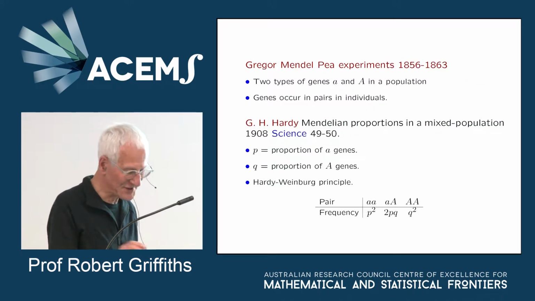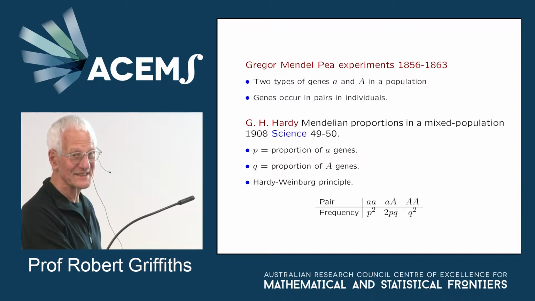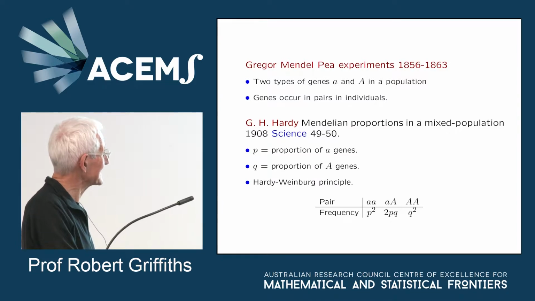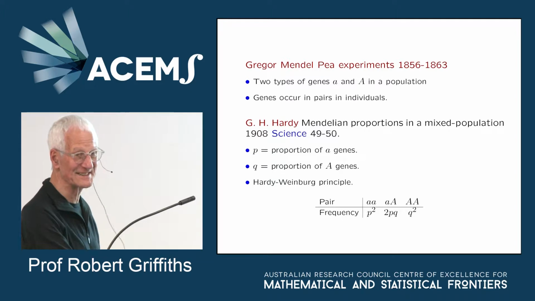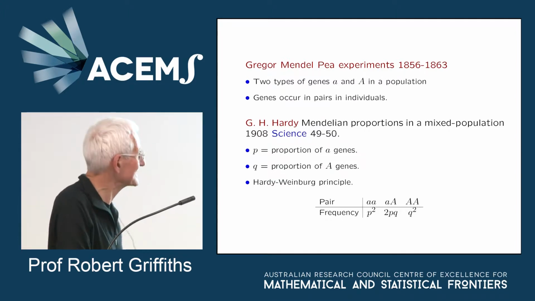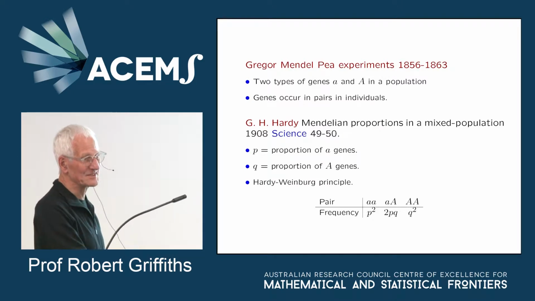Mendel was a scientist who worked on pea experiments. He had 30,000 peas that he worked on, and maybe people have heard of him before. If you've done any genetics, you would have heard of Mendelian genetics. And he knew that there were factors, he didn't call them genes, I think.